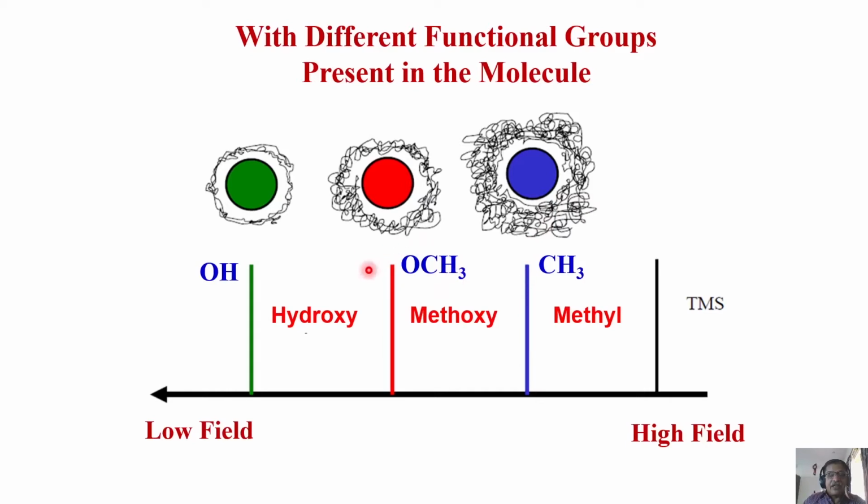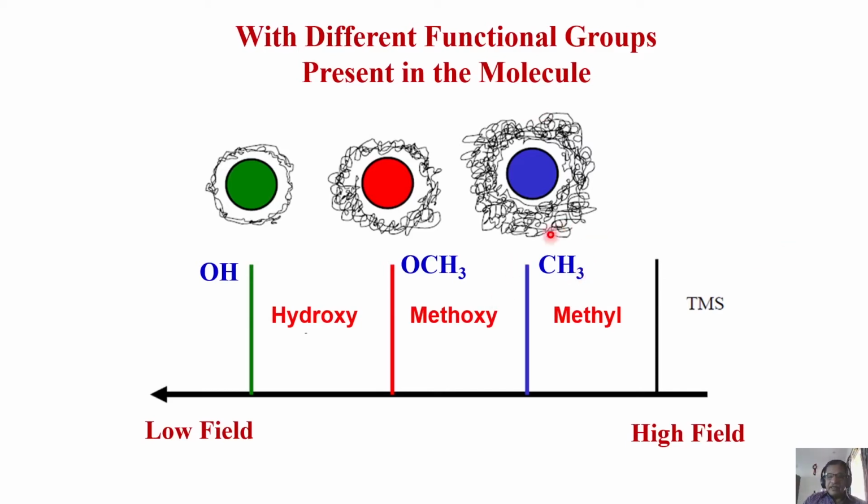The moment you put an oxygen here, when you make it an OCH3 group, the peak shifts downfield. It comes here. Now I take a single CH proton which was somewhere here. Instead of that, I'll take OH. Same analogy as here. Oxygen is electronegative, withdraws electrons from this proton. As a consequence, what happens? The OH peak comes downfield.